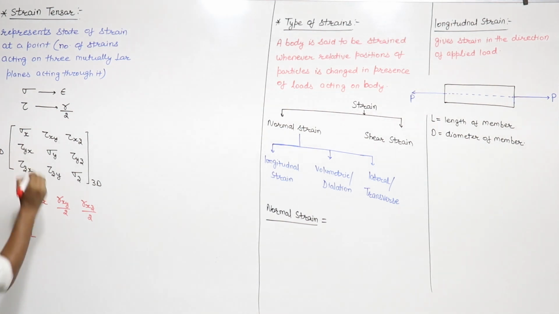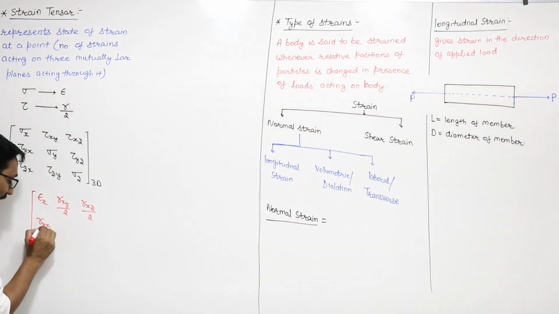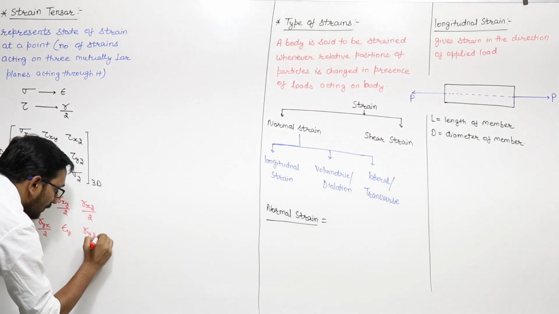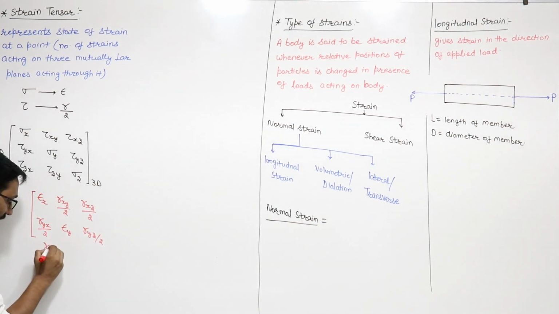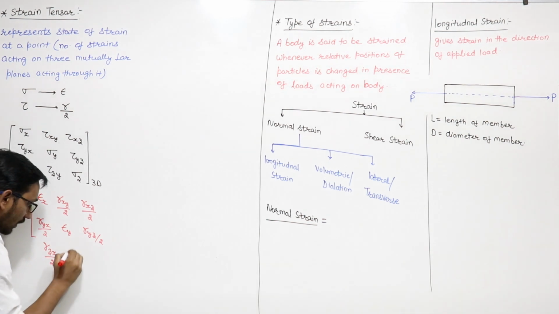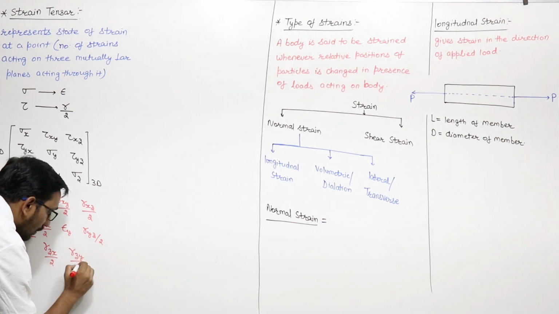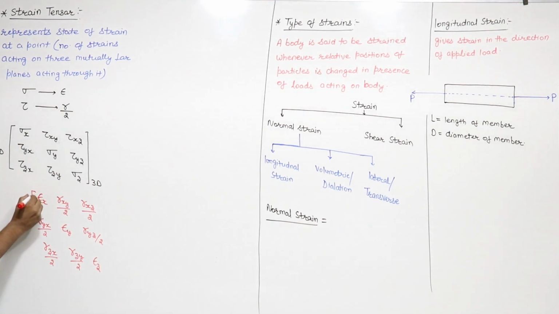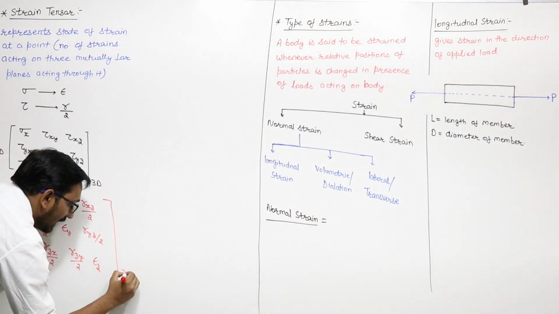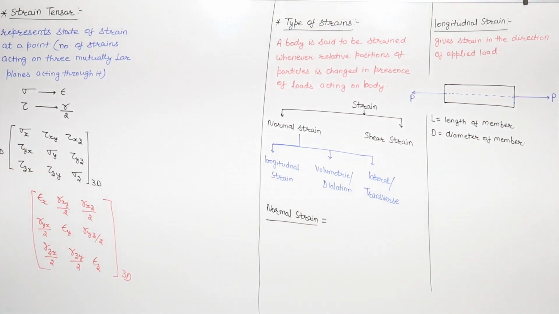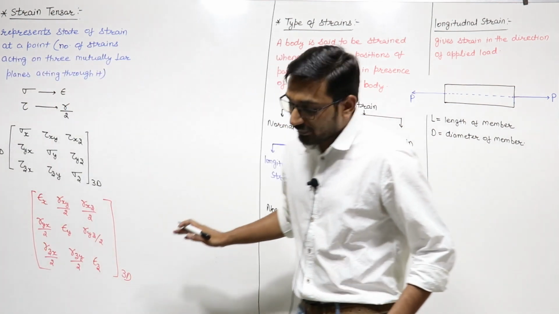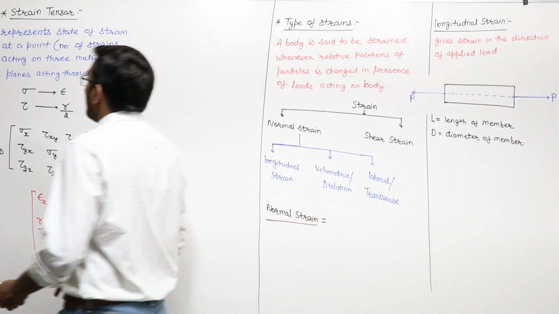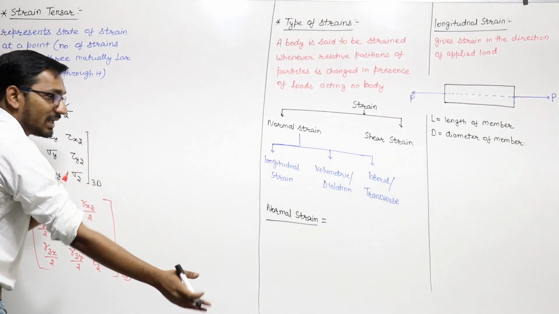This is tau yx, so this is gamma yx by 2. This is epsilon y. This is gamma yz by 2. This is gamma zx by 2. Gamma zy by 2. And epsilon z. So this is the strain tensor in case of three-dimensional or tri-axial loading. This is your strain tensor in case of tri-axial loading, and as complementary shear stresses are equal,